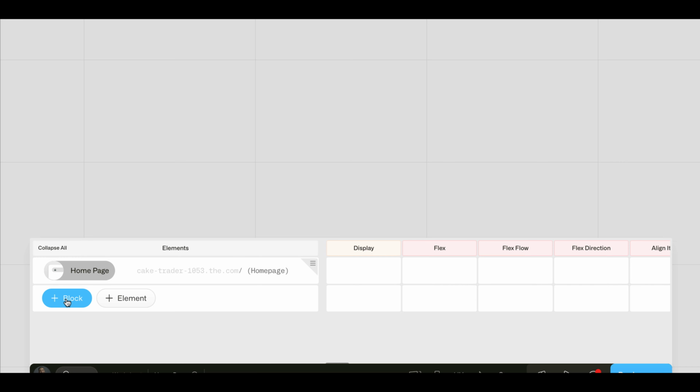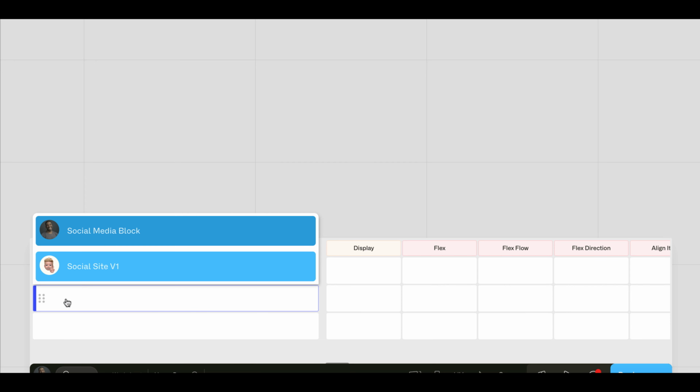Let's look at the block first, because that's going to be together and we're going to be able to see how it's put together. And then I'm going to show you from scratch using the element. Let's click a block. Now remember, how am I going to get blocks? I'm going to go to the button right here and be able to get the block from the community or choose my own. The easiest way would just be clicking the block and importing and being able to remix someone's block. So I'm going to look at the social site I already have that I imported. And if you want more details, we have another video where we went through the workflow, how to go get blocks and everything like that. There's going to be a link down below or in this video that you're going to be able to click.